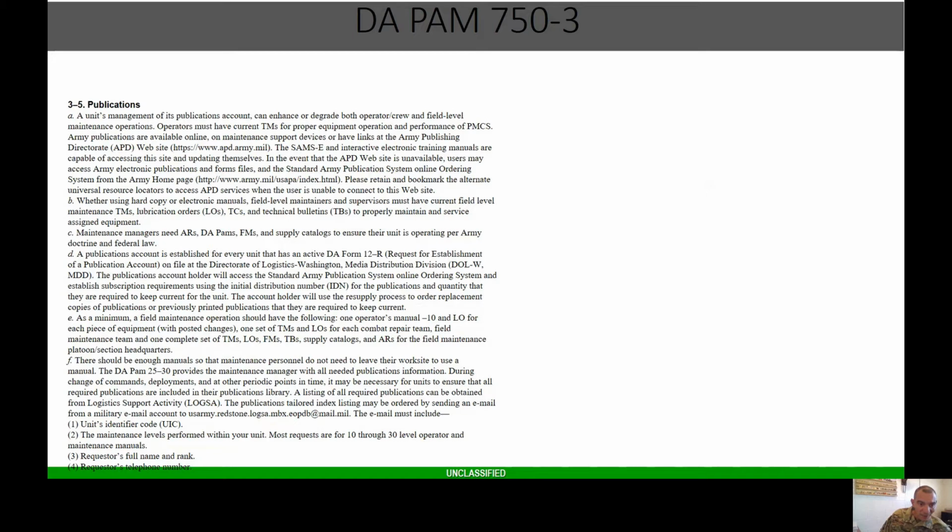Maintenance managers need ARs, DA PAMs, FMs, and supply catalogs to ensure doctrine and federal law. So just keep that in mind, right? Like I said, everything we do has some type of regulation or publication that we use on a daily basis, right? At a minimum, a field maintenance operation should have the following: one operator manual, 10 and lube order